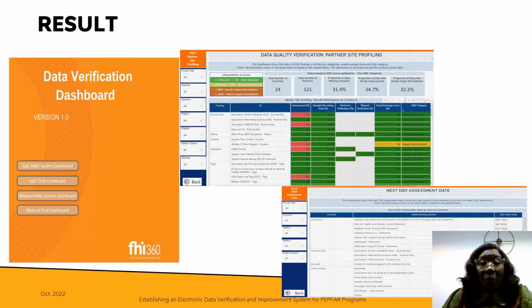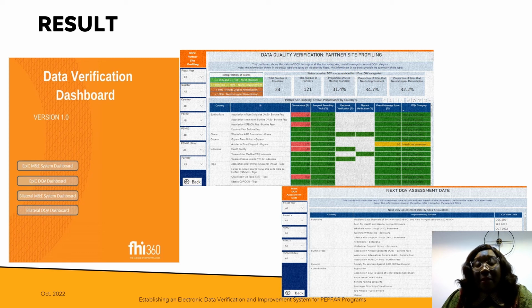We have dashboards to look at the results for the different indicators in terms of data verification for the different PEPFAR MER indicators, as well as the custom indicators, and dashboards to help us look at how well sites are adhering to data documentation standards. So how well they're keeping to standards for recording in their primary data collection tools, and also dashboards to look at the outcome of beneficiary verifications, which is very, very critical in this age where data